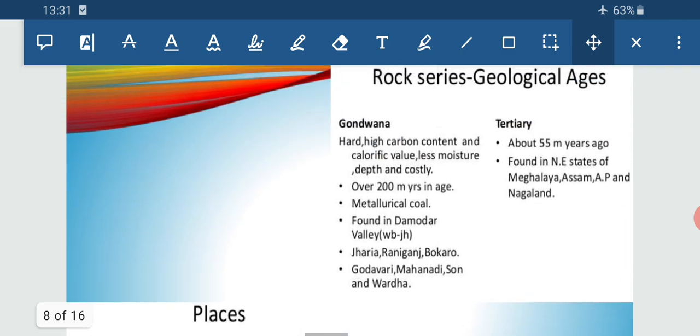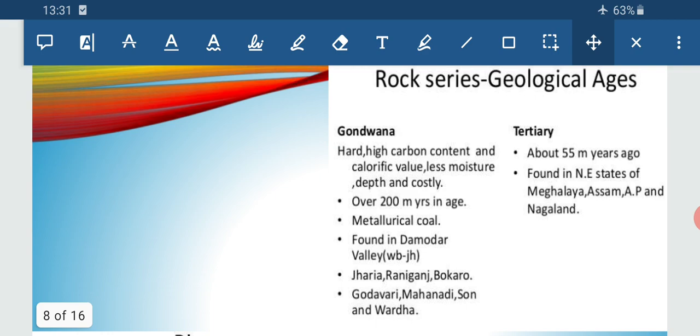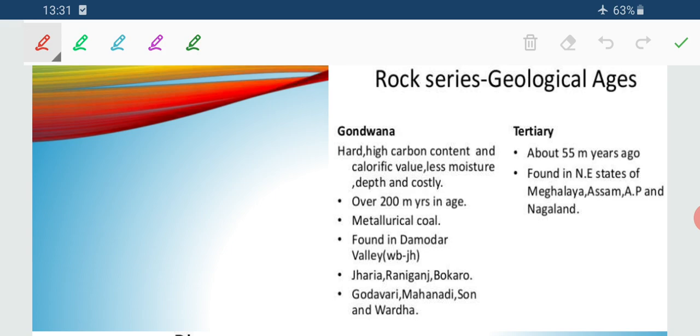Now can you just tell me what is the ideal geographical site, or in your mind what comes to mind when we talk about the coal, where we can find the exact coal or the excessive coal seams? It needs vegetative cover, it needs moisture. So the valley sides are the ideal geographical site where the coal seams are present, or where the coal depositions can be done in that order.